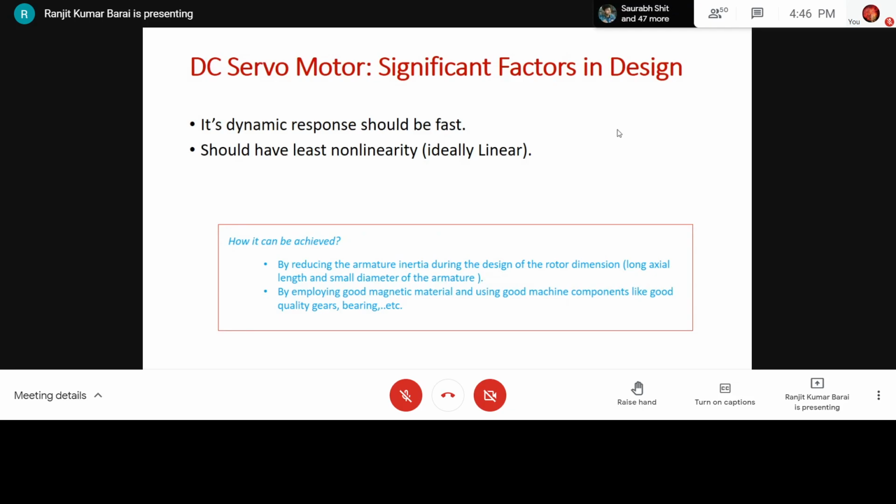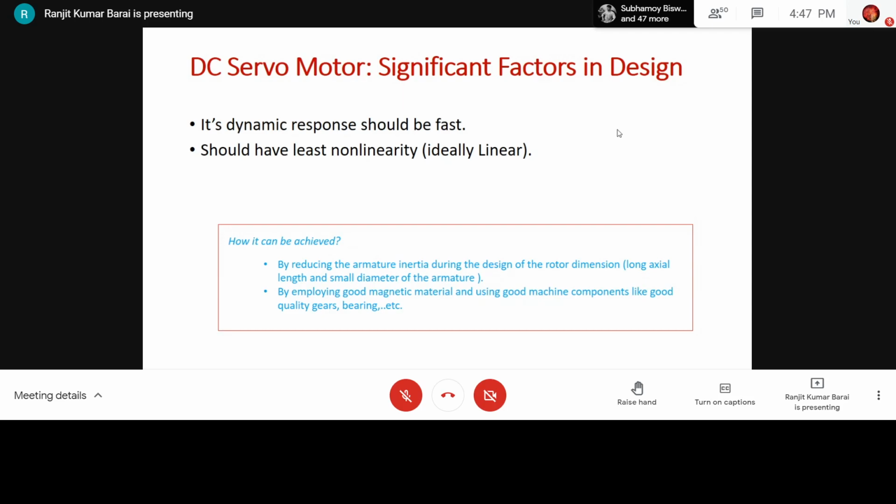We will not allow any non-linearity, because you know non-linearity in a system leads to steady state error. More non-linearity, more steady state error. We don't want steady state error. We want the tracking to be perfect, that means zero error. But if some error occurs and it is within the tolerance, we are happy. But the source of error should be removed during the design and fabrication of the motor. How is it done? The answer is given in the lower part of the slide.